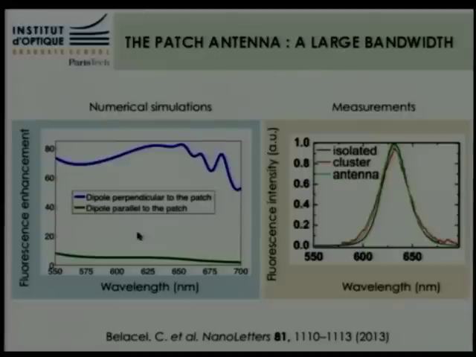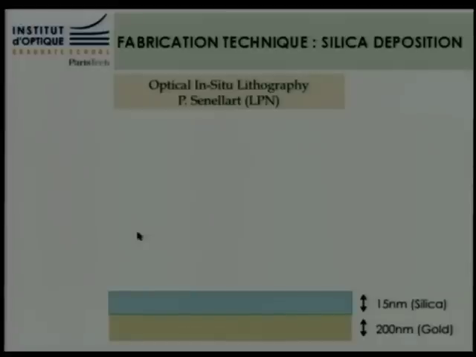of the dipole. And it is confirmed with experiments when one measures the spectra of an isolated quantum dot or a cluster coupled to the antenna. So it demonstrates indeed that the antenna is broadband. Now, those antennas were fabricated at the LPN using an optical in situ lithography technique from